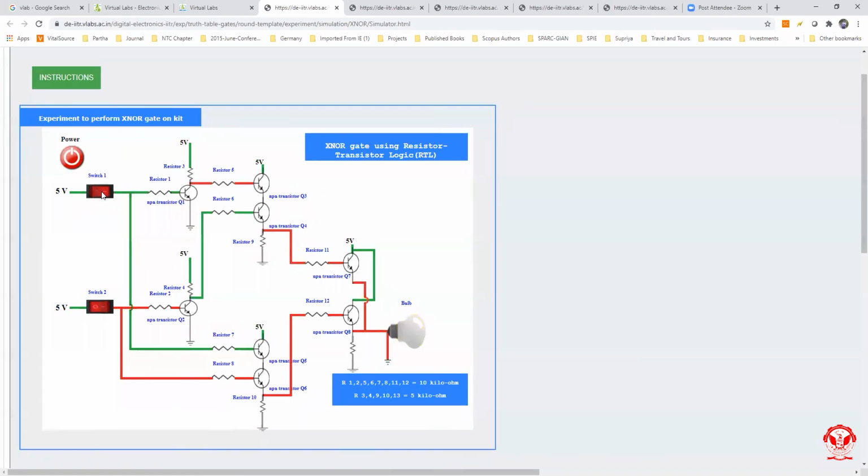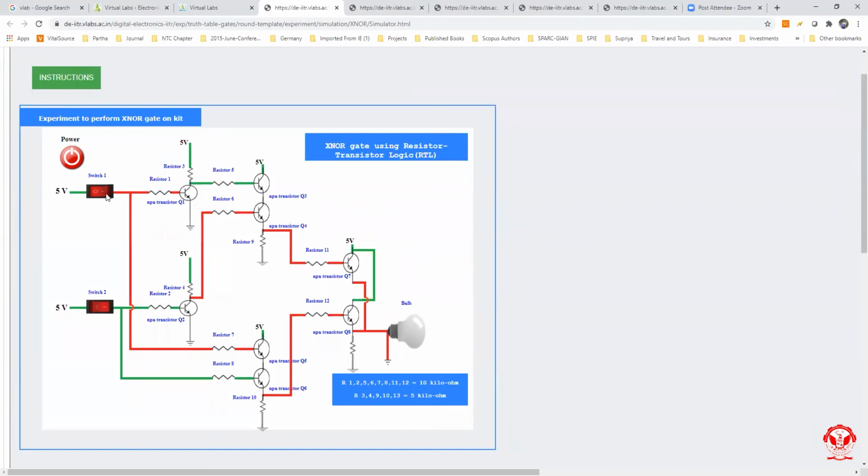Now for input 1 and 0, this is our logic 1 and this is our logic 0. Now for input 1 and 0, the bulb does not glow. That shows for input 1 and 0, the output of XNOR gate will be 0. Follow the same. For 0 and 1, this shows logic 0 and this one shows logic 1.